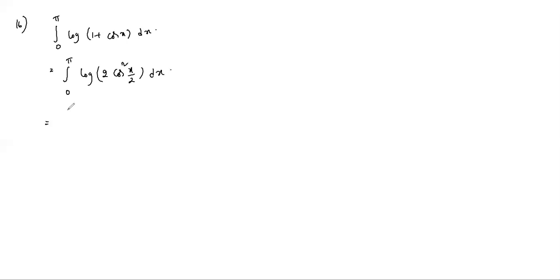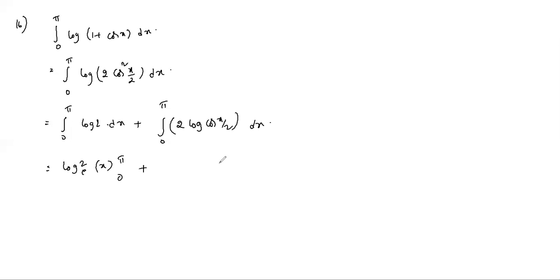So 0 to pi log 2 dx plus 0 to pi log cos square x by 2, which is 2 log cos x by 2, dx. So log 2 into 1 dx is dx. So log 2 base e into 1 dx is dx, between 0 to pi. So 2 outside, and for this